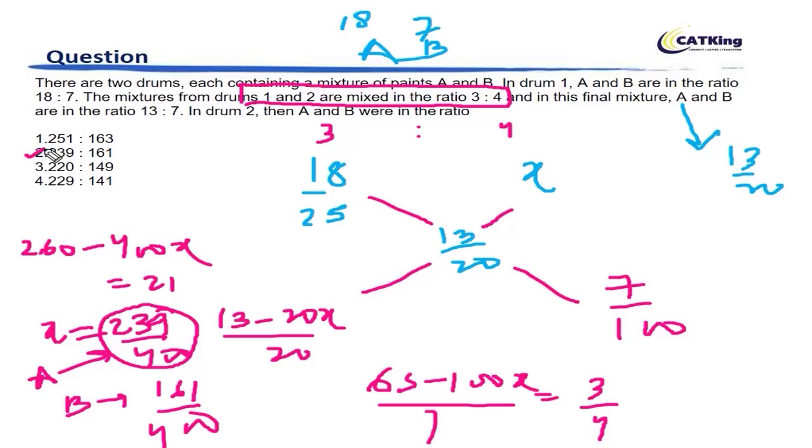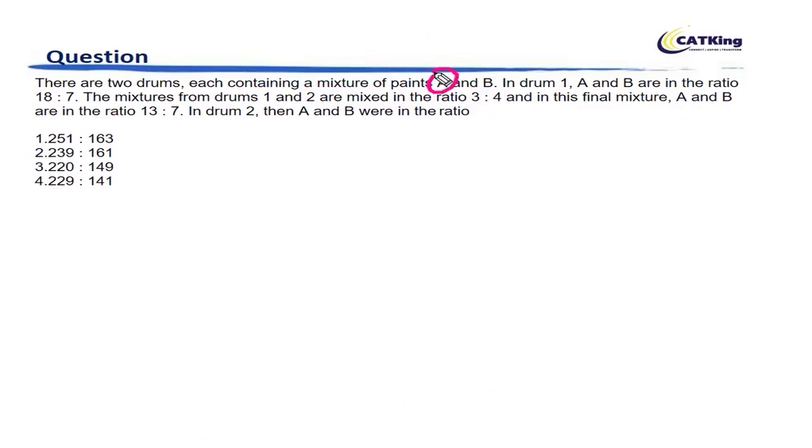What's the concept or what's the trick here? The trick is take any of the two parts. For example, if there are A and B here, you can take only A and solve, or you can take only B and solve. You don't need to take both A and B and solve this question. That's the only trick here. If you are able to do that, you should be able to solve it with alligations very easily in 30 to 35 seconds. I hope you could get it. Wish you all the very best.